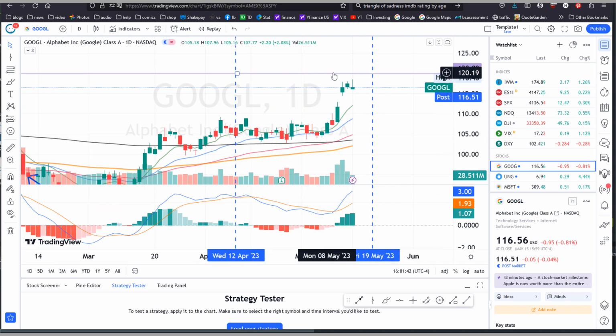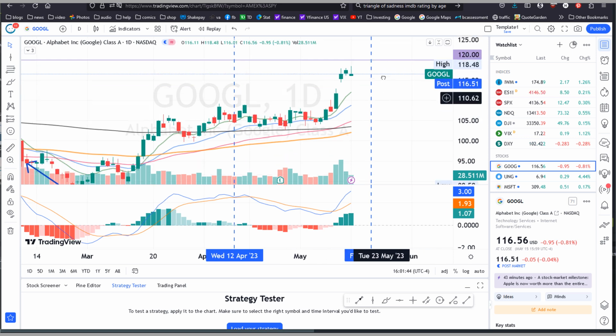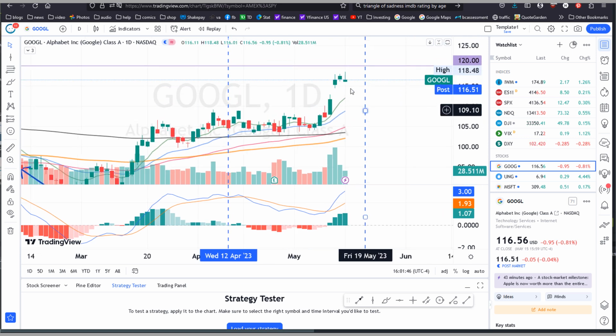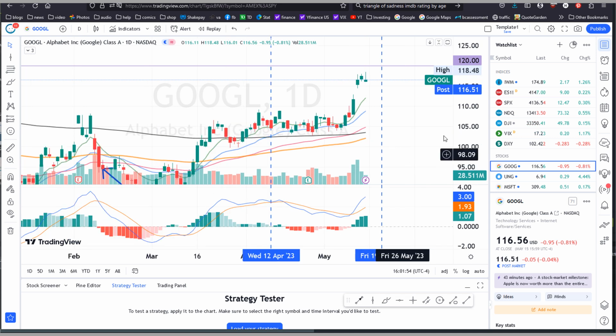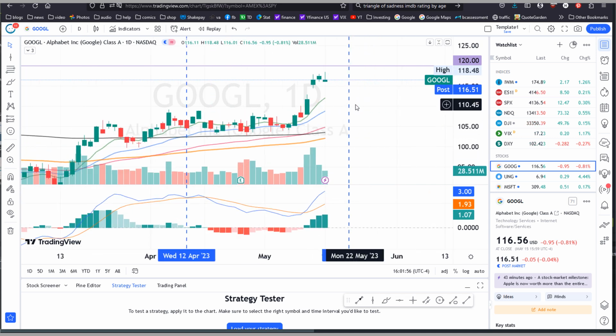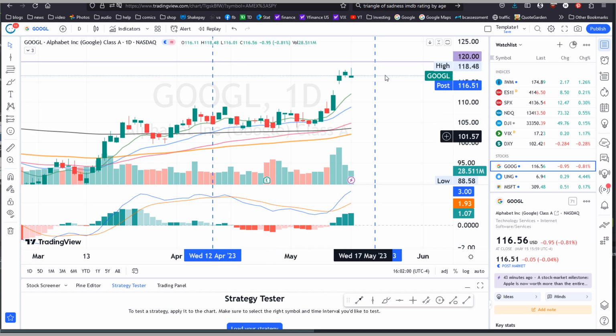I'm only going to sell calls this week. I'm not going to sell puts because if it fills this gap, there's no telling how low it can go. So I'm going to have to study the chart more and probably have a better idea of where the stock